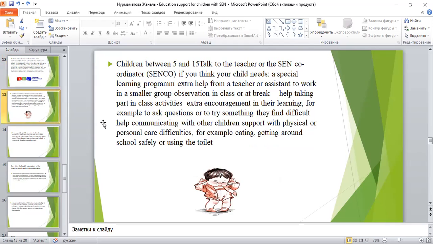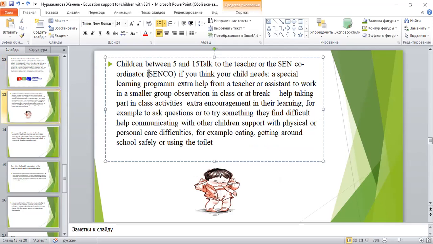For children between 5 and 15, talk to the teacher or the SEN coordinator. This is an abbreviation too. You have to remember this word too: Special Educational Needs Coordinator. Talk to them if you think your child needs a special learning program,